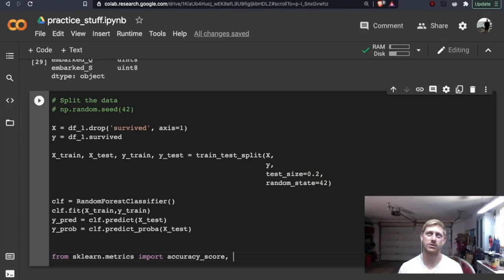I remember for the regression model, it would be R2 score, mean absolute error, mean squared error. For this one we would have accuracy score, F1 score, precision, recall. But I was thinking of classification report.